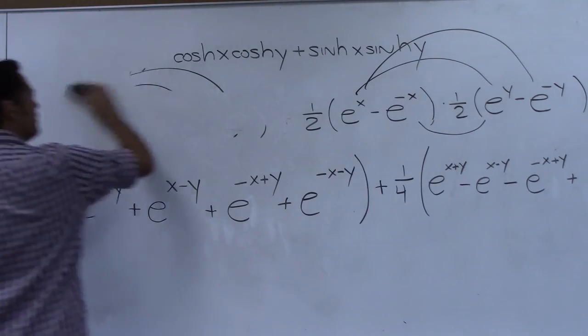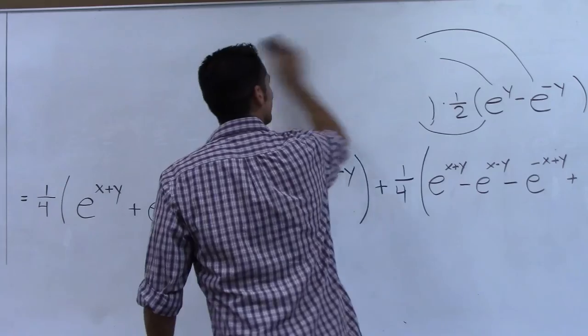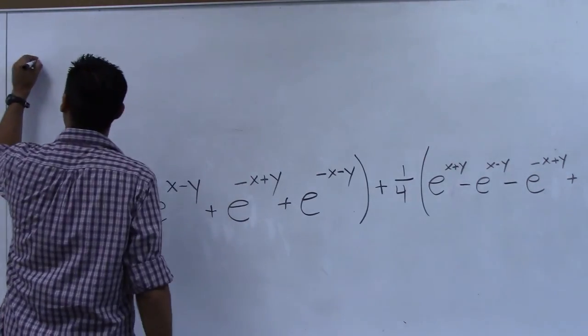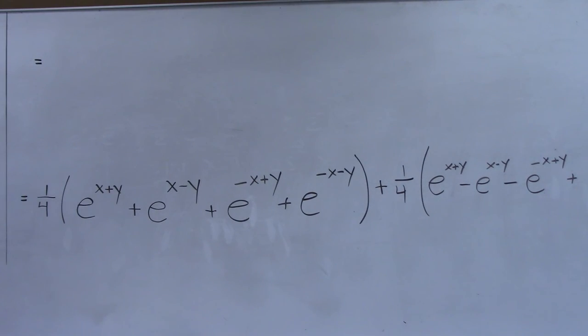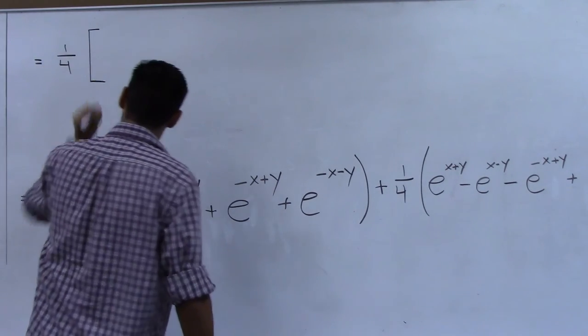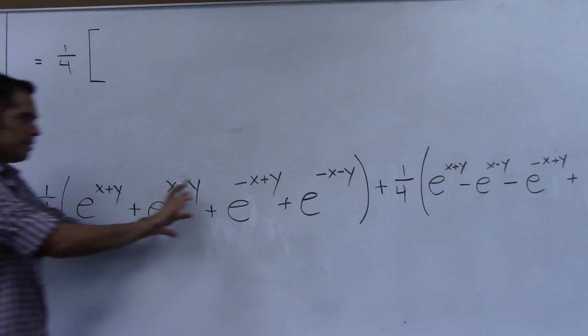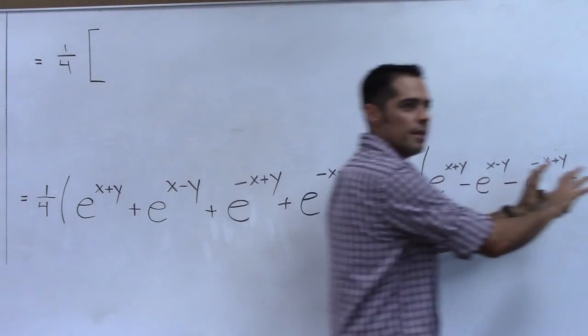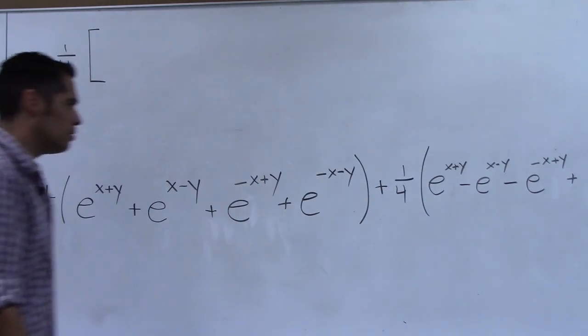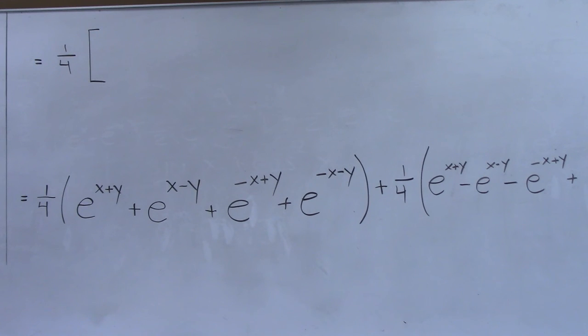It's kind of fun, isn't it? Now, I'll pull the 1/4 out, Ron. Okay, 1/4 is going to come out of everything. And then it'll just be all of this, right, plus all of this. Yes? So, see if we can do it without having to kill ourselves here. What do we get?